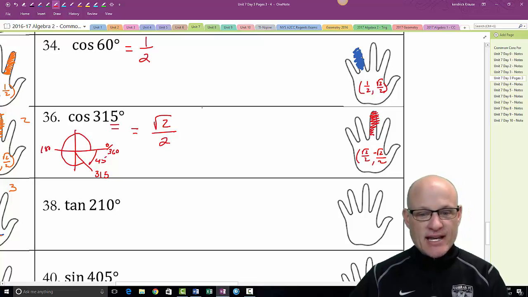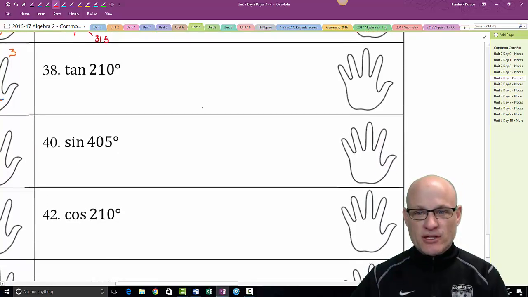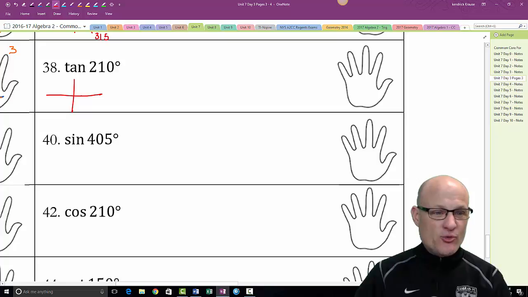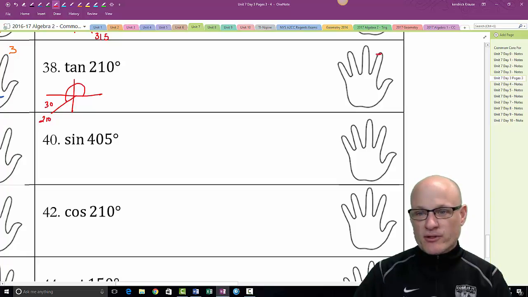All right, tangent of 210. This one's going to be a little tricky. I've got to get my head around this one. 210. I've got to first figure out the reference angle. And then remember, for tangent, we're not going to need those 2's. So my reference angle is 30 degrees. So 30 degrees, I get rid of the pointer. I'm still going to do this math the same way. The square root of 3 over 2,